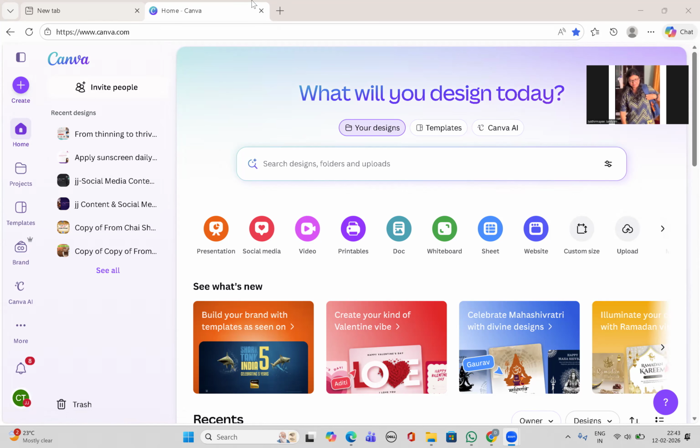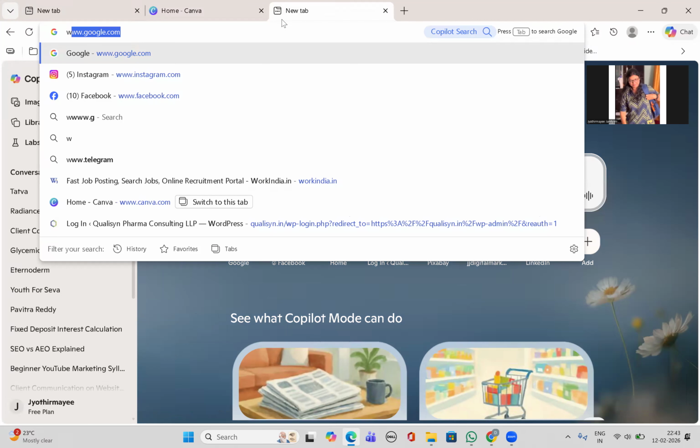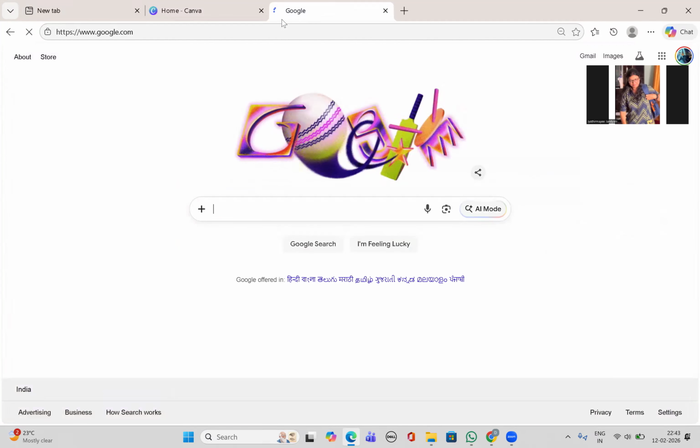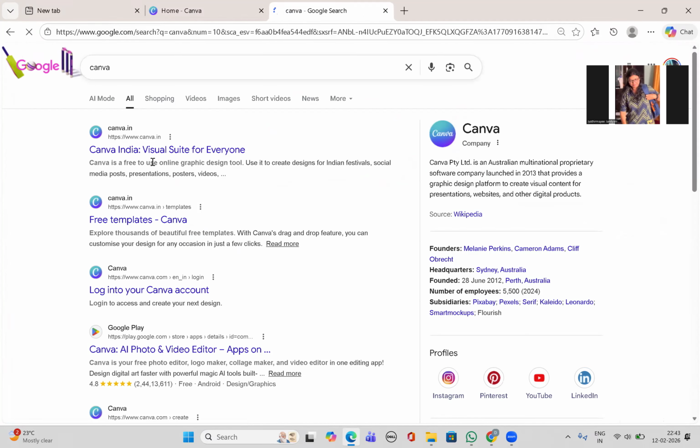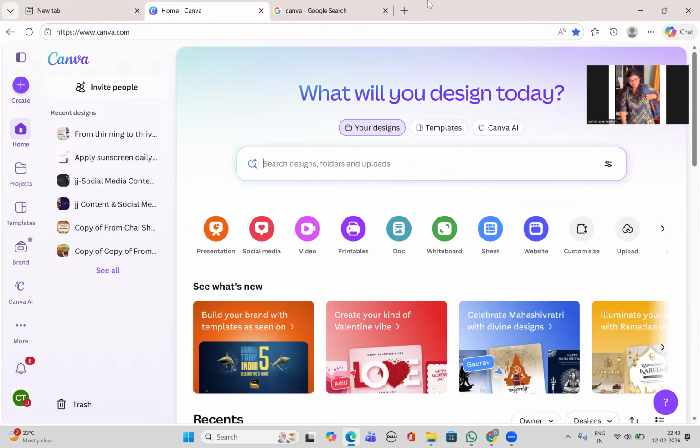So just go to Google and type Canva, and you will see this link. Just click on this and register to Canva with your Gmail ID. As I already told you, it is a basic graphic designing tool which helps you to create content and helps professionals to create visually appealing